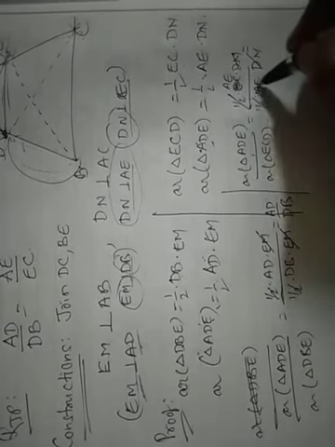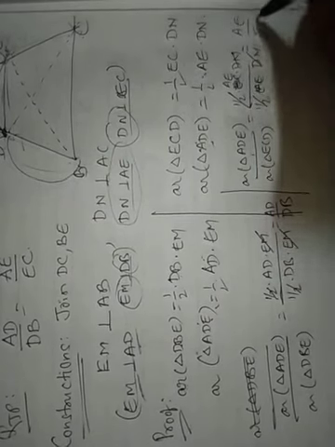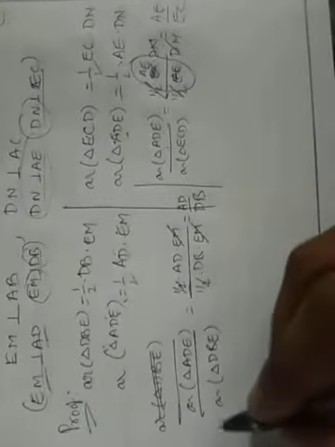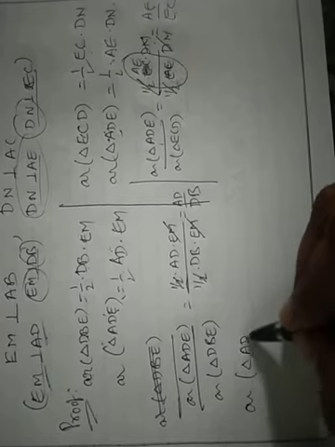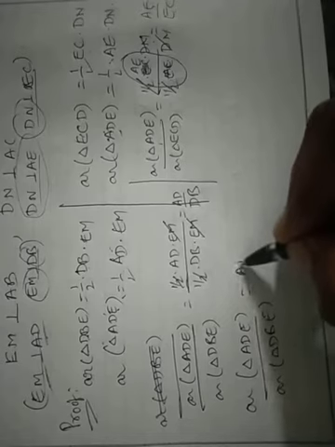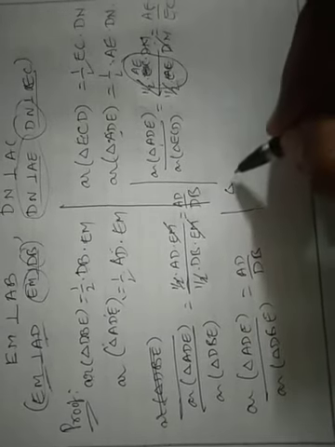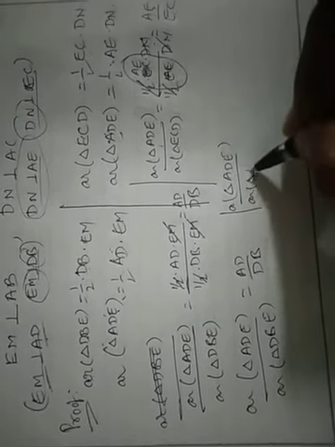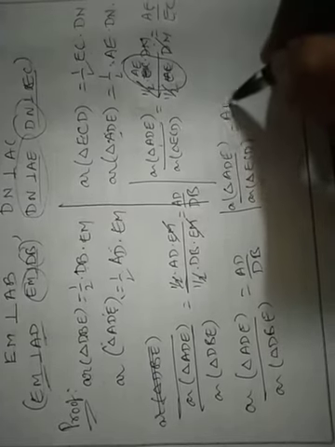So what we can write, sorry, we have taken it in the reverse direction. See half into AE into DN by, क्योंकि ADE ऊपर था ना, AE by EC. So what do we get, AE by EC. I hope you understood this. Since we have taken in the reverse direction, we have to take this also reverse. So these two got cut and we are left with AE by EC. Now we know that area of triangle ADE by area of triangle DBE is equal to AD by DB. Similarly here we have area of triangle ADE by area of triangle ECD is equal to AE by EC.